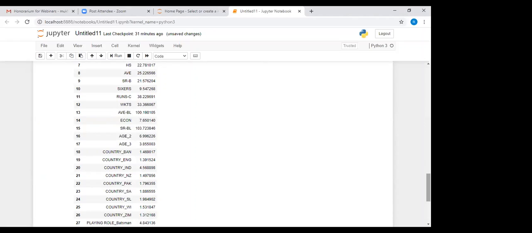What is the funda? The funda is that we will select those features that have a VIF value of more than 4. Okay, we will be checking the VIF of the columns with more than 4.